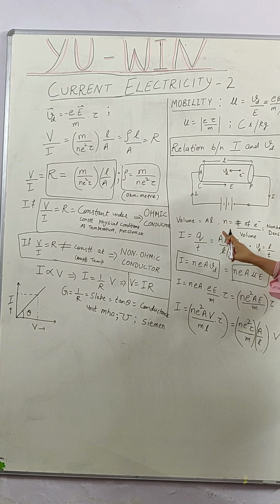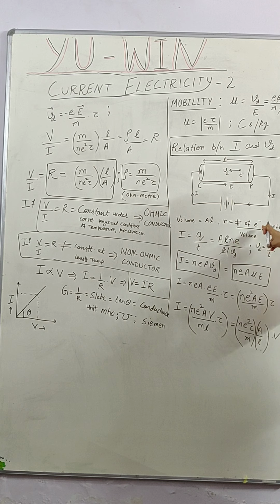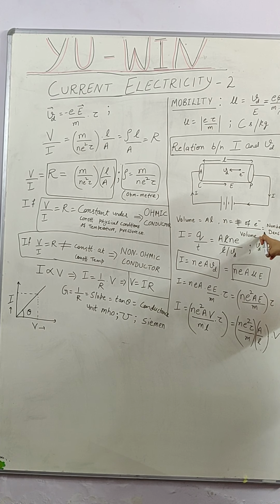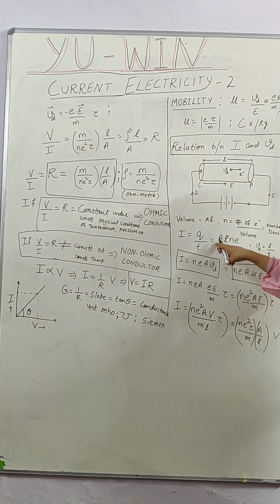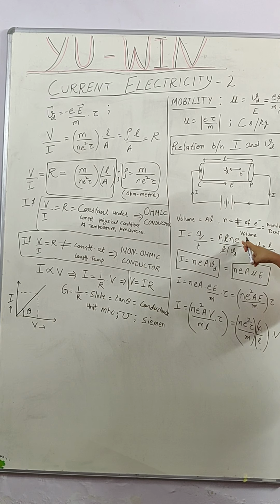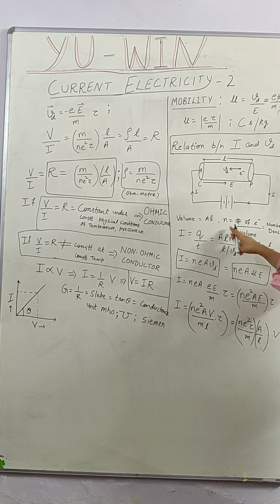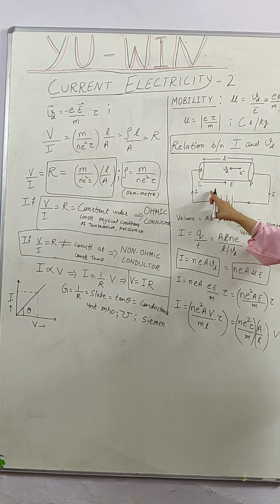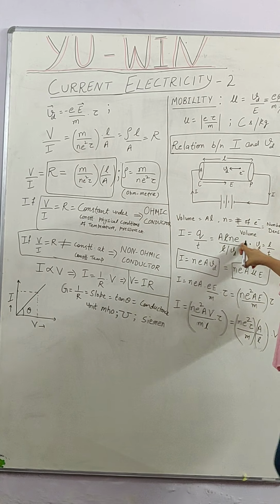and the total charge that will flow from P to C will be the charge per unit, that is the number of electrons per unit volume is n. n into AL is the total number of electrons. Charge on one electron is e, so the total charge that will flow from P to C comes out to be ALne. I hope I am clear with this term.